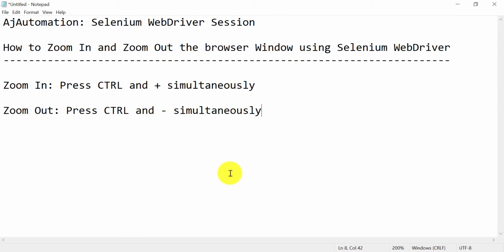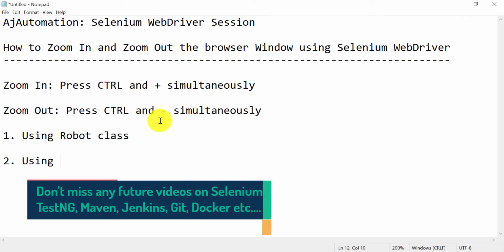So how can you press control and plus button in Selenium WebDriver? There are two methods by which you can do this. For using control plus and subtract button, you need to go with the Robot class. And another method is by using JavaScript Executor.